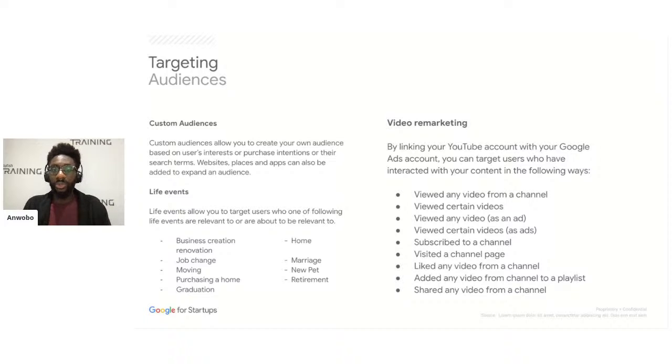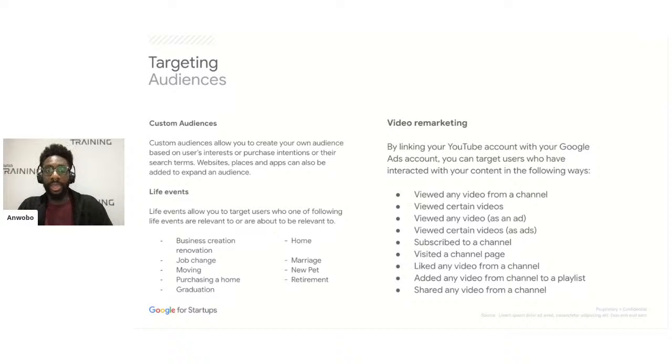Of course, we can also do something called video remarketing. If you link your YouTube account with your Google Ads account, you then have the ability to target users who have interacted with your videos and your YouTube channel in different ways. You can target people who have viewed a video from your channel or a specific video from your channel.